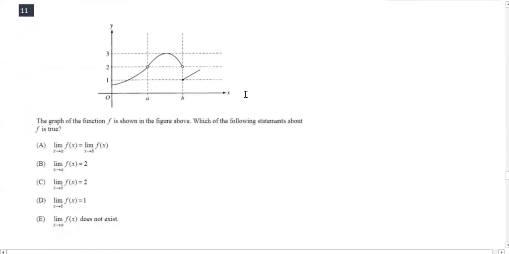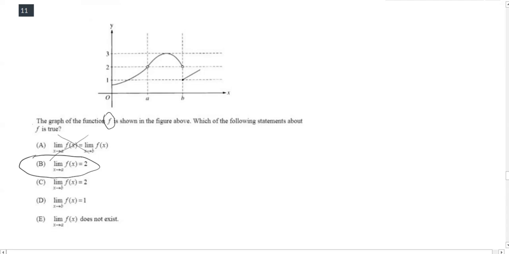All right, so this one deals with limits. The graph of the function is shown above, so make sure we understand that this is the graph of f. Which of the following statements is true? A: the limit as x approaches a is equal to the limit as x approaches b. That's not true, because the limit as x approaches b does not exist, because you have different behavior from the left and right. B: the limit as x approaches a equals 2. That one is actually true,